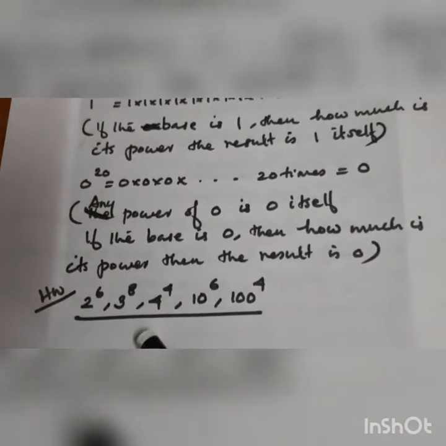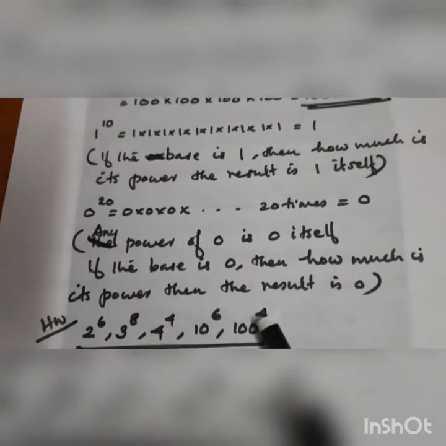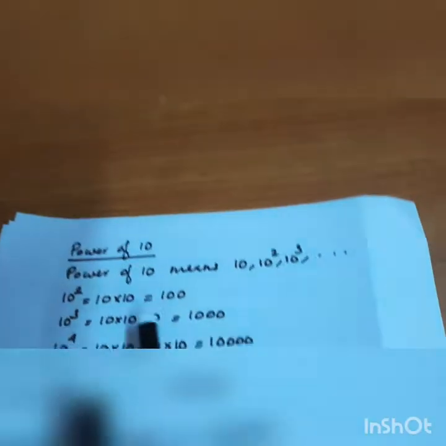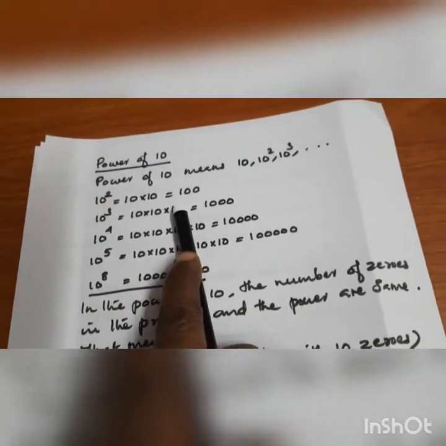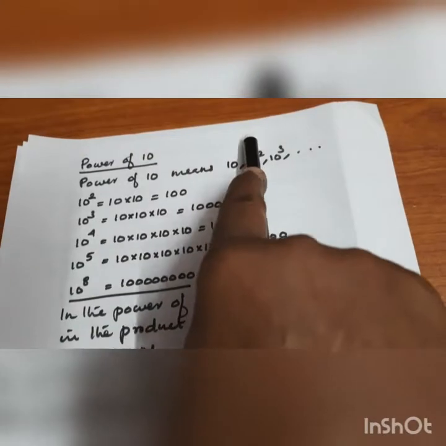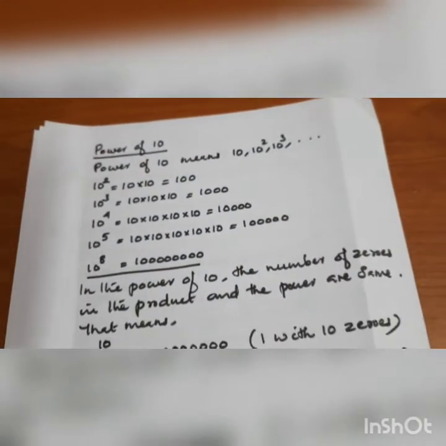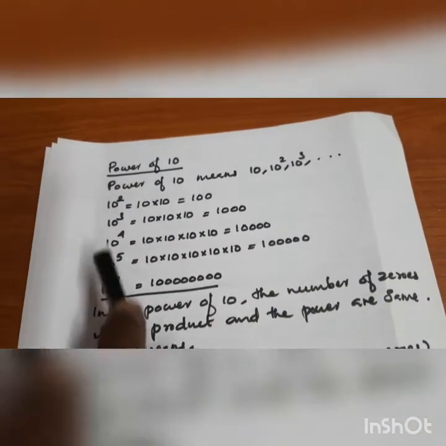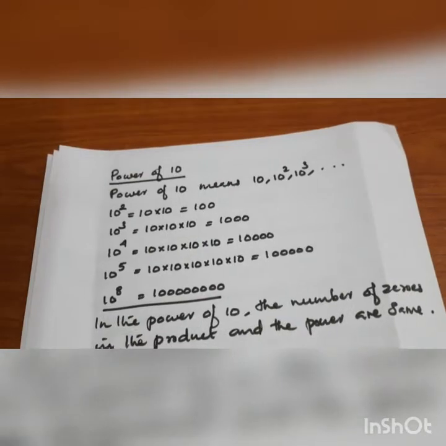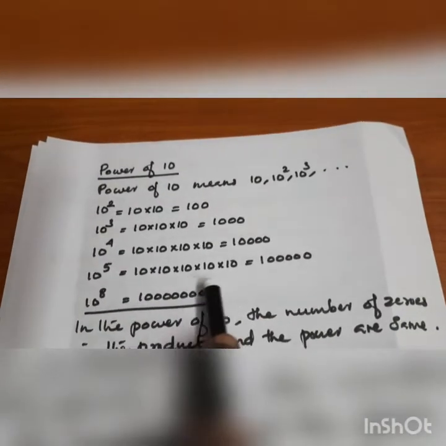Here also, homework: 2 raised to 8, 3 raised to 8, 4 raised to 4, 10 raised to 6 and 100 raised to 4. Then powers of 10. Powers of 10 means 10 raised to 1, 10 raised to 2, 10 raised to 3, etc. 10 raised to 2 means 100. 10 raised to 3 means 1000. 10 raised to 4 means 10,000. 10 raised to 5 means lakh. And 10 raised to 8 is